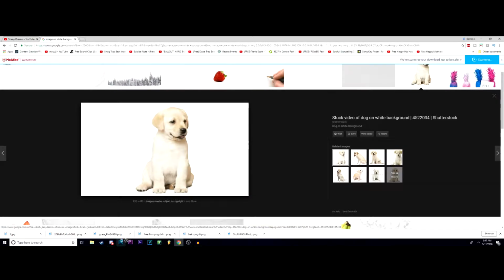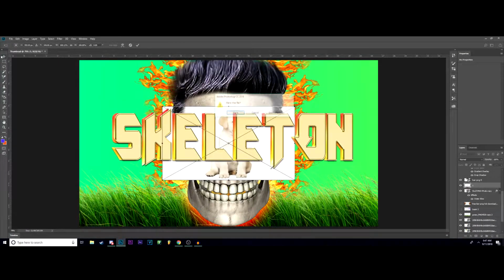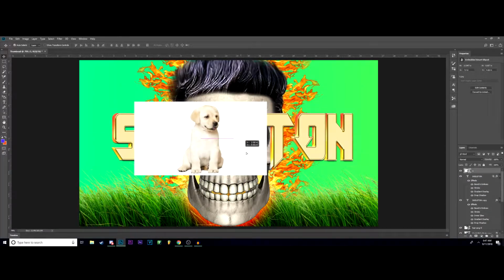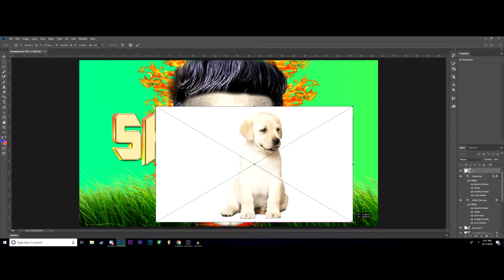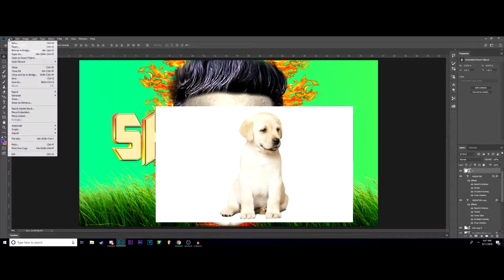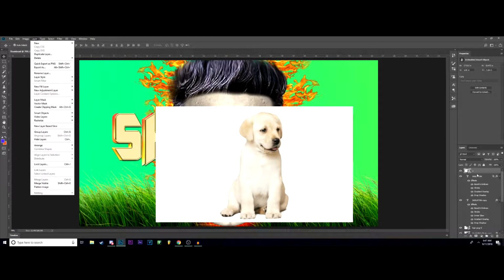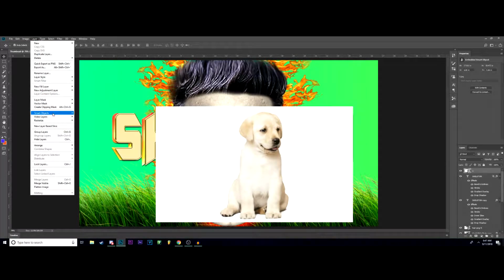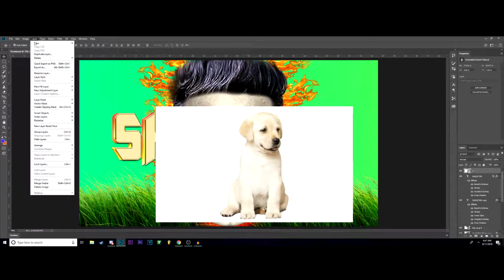Okay, so you got an image, and it has a background, and it's not a PNG. You can't find a PNG or whatever. Oh no, it's ruined. Oh no, what shall I ever do? It's real easy. All you gotta do is click on the image. Make sure you have the layer selected. All you do is click layer, smart objects, convert to smart object, and then you click layer again, and then you click